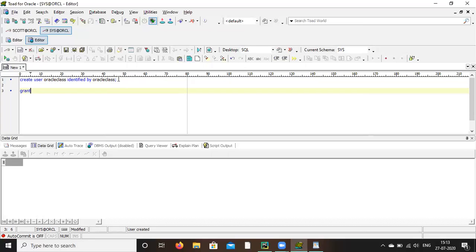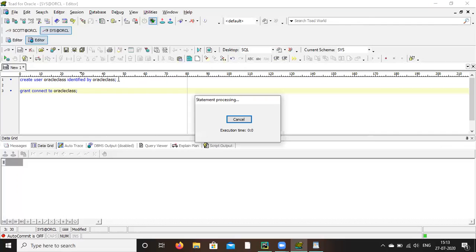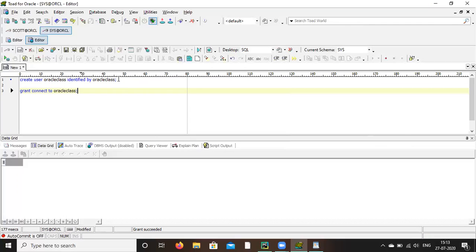Paste. Connect to that username. Semicolon. Run it. We'll do one by one so that you can understand. Now grant succeeded.